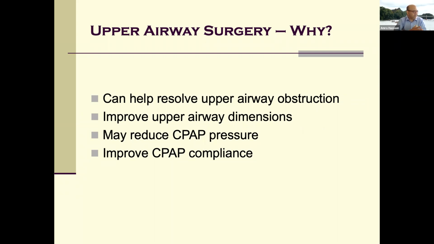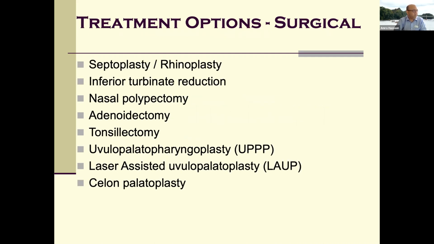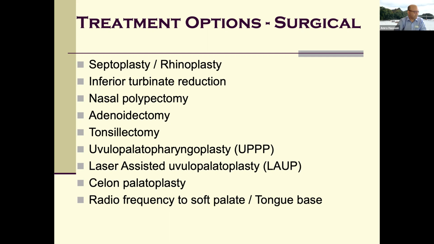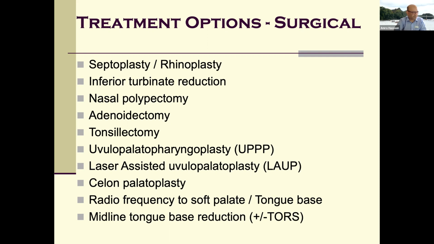So upper airway surgery. Well, we've said it can help those things, including CPAP compliance. And what we can do is, if the nose is the problem, septoplasty, rhinoplasty, inferior turbinate reduction, get rid of those nasal polyps if they're there, remove the adenoids and tonsils. Remember, in children that's particularly effective. And then we've got very specific surgical interventions related to OSA, which is the uvulopalatopharyngoplasty, which we'll see in a minute, or laser-assisted uvulopalatoplasty, or stylo-palatoplasty. All these will have examples in the next few slides. Oh, and there's a few more. Midline tongue-based resection, that's with a robot, which we're coming into using.